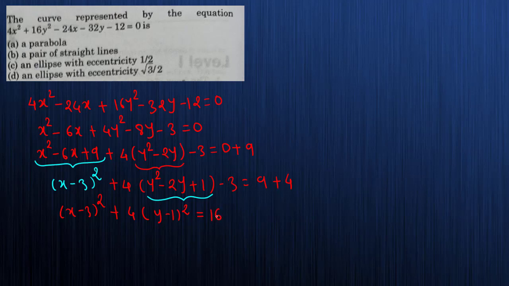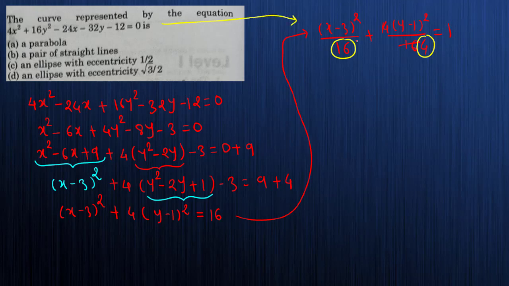Okay, so this is the final equation we are getting. So इसको फिर से simplify कर दो. You will be having x minus 3 whole square divided by 16 plus 4 into y minus 1 whole square divided by 16 is equals to 1. So ये 4 पे गया. So what you have now is, this is a square and this is b square. This equation is transformed into this equation. So a square is equals to 16 and b square is equals to 4.